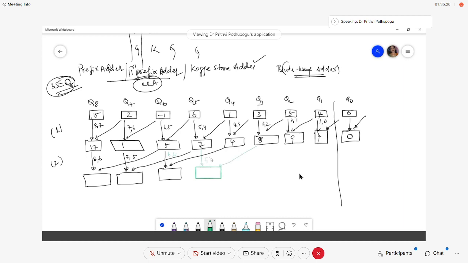Five talking with 3. 4 talking with 2. And 3 talking with 1. And 2 talking with 0. Now this 1 doesn't have a neighbor